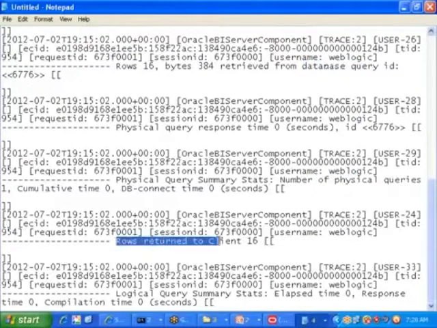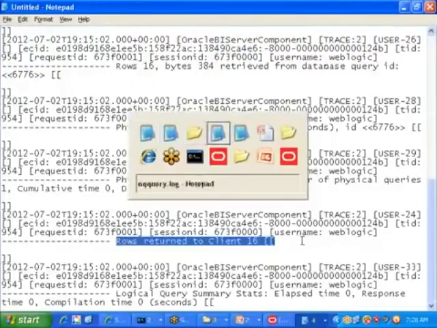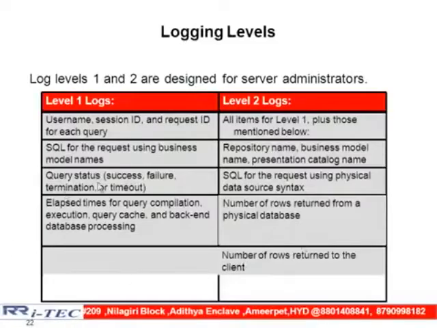Fourth is number of rows returned to the client. That is the reason I gave all those points here. Whatever is available in log level 1, is everything also available in log level 2 or not? Yes, that is the reason: all items from level 1 plus those mentioned below. Repository name, business model name, presentation catalog name. This is extra or not?